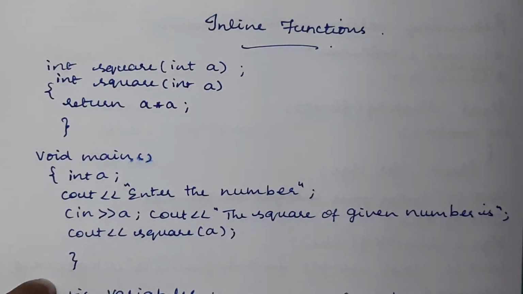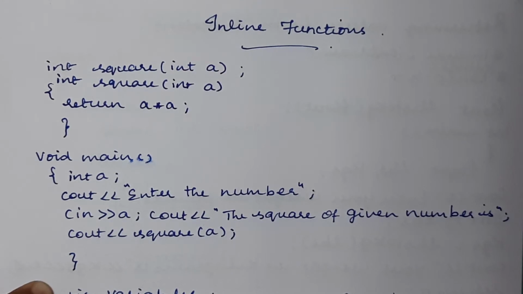So a normal function is nothing but a user defined function. Why do we have functions in a program? In order to perform a particular task, we have a set of statements separately from the main function. Whenever you want to execute the same operation multiple times, we can go with functions. That is the reason we have functions: to decrease the size of the program.